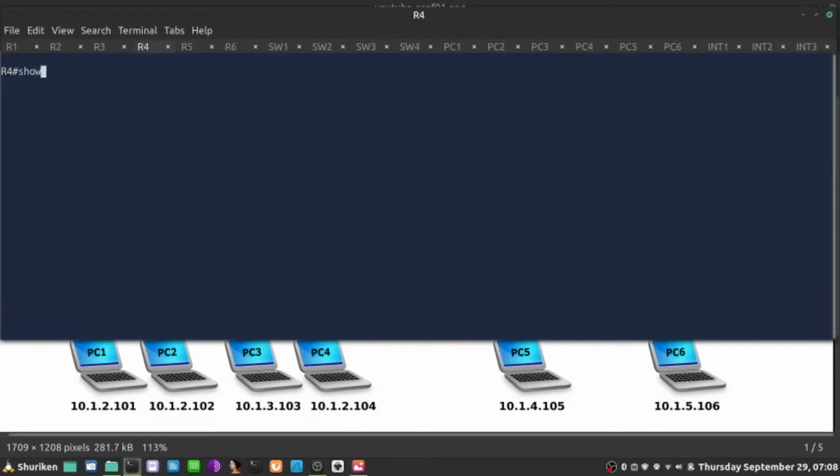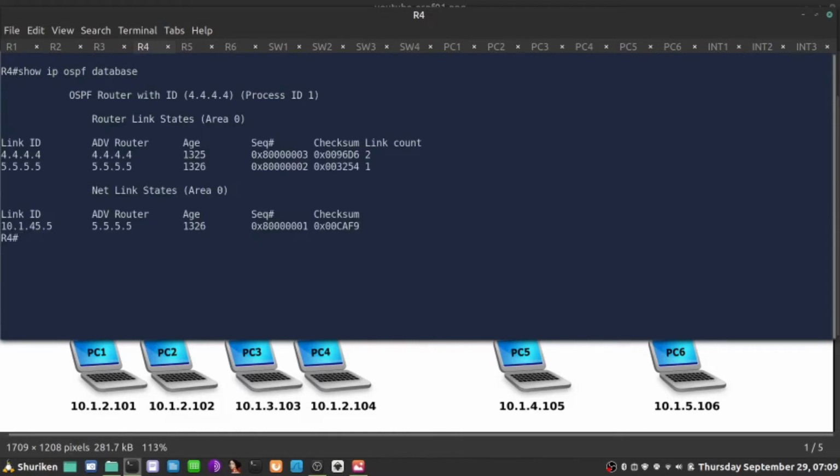The command will be show ip ospf database. So this is what R4 sees about the world in area 0. It sees that there are two routers advertising LSA type 1, which describe the links, addresses, and their relationship to the rest of the network. What that relationship is, we will see in a second. And there's definitely one DR discovered in area 0. Its router ID is 5.5.5.5, and its link connected is